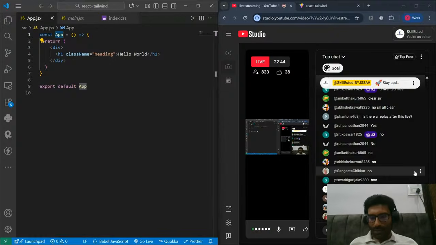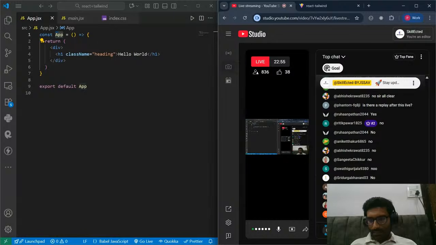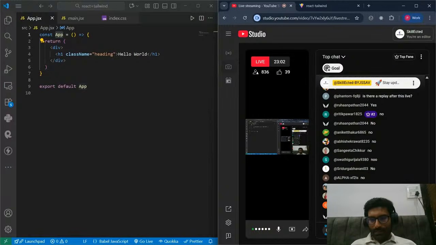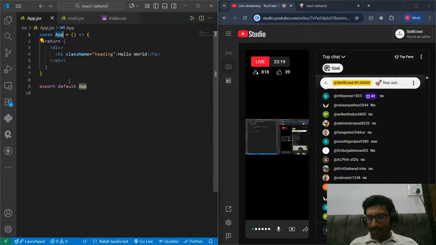Any doubt? Any sort of confusion up till here? Is this certificate useful for us? Yes, this certificate will be very useful. It shows that you have some hands-on experience with the problem. I already discussed the problem: CSS is inherited by every component that is included inside main or inside App.